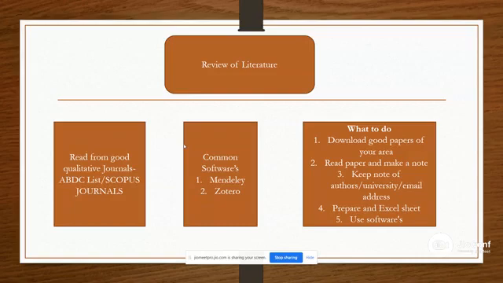LinkedIn, first of all, create a profile on your LinkedIn. Second, if you are reading a paper from a good journal, और आपको लगता है that this author is somewhere in Canada or somewhere not in India, then keep that name of the author, search it on LinkedIn and send a request. Try to interact. I won't say always disturb, but if you feel this person can help me in understanding certain things, try to establish